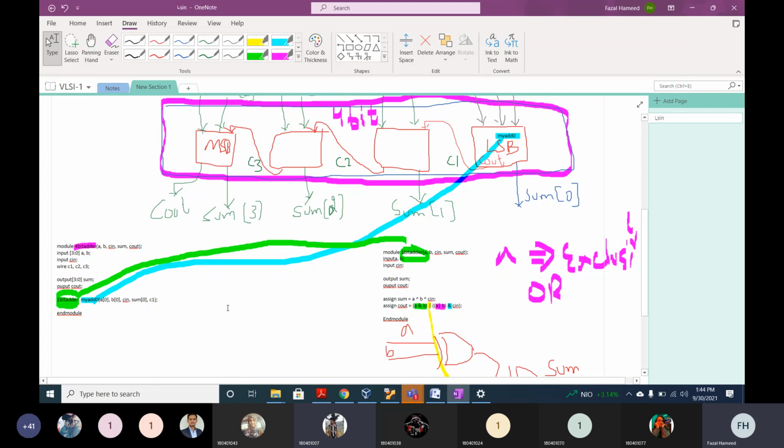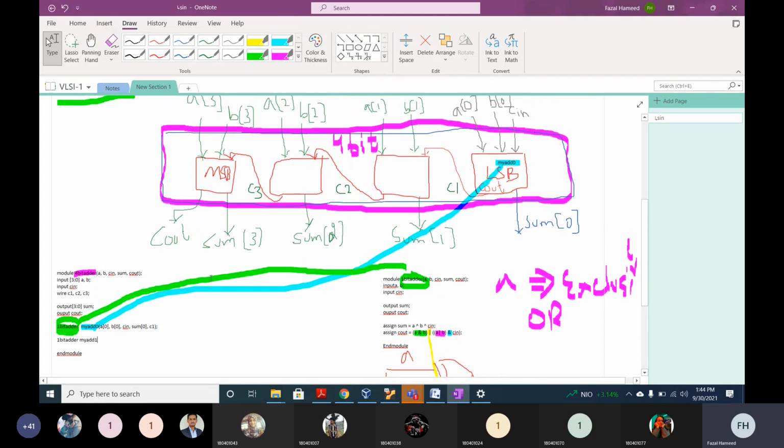Very good. So yes, very good. So now we can see 1-bit adder. I'm again instantiating a 1-bit adder. I can give a name my add 1. I have given another name my add 1. So what is the input to this my add 1? What should be the input to this my add 1?